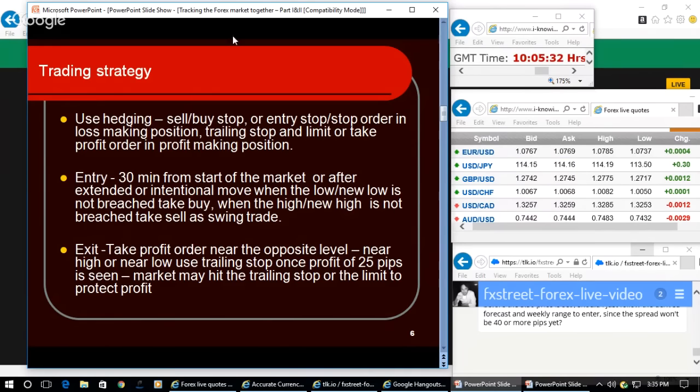Now, after that type of moves, you need to understand the trading strategy. Because the trading strategy is the one which is going to earn you consistent money from the market. It is not the forecast or the market reading. Forecast and market reading can reduce the uncertainty, say, to 1%. Fine. So that 99% I am sure the euro has to go up. Fine.